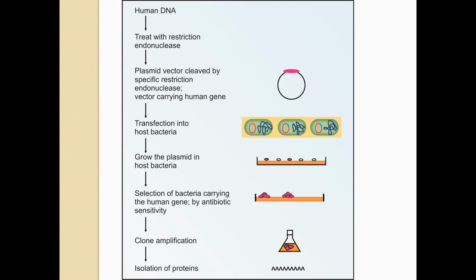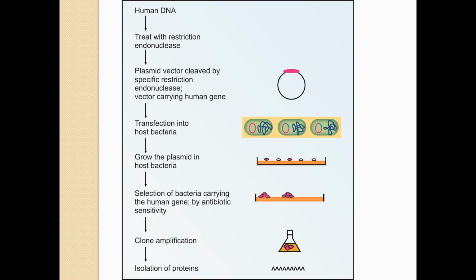Recombinant DNA is also called hybrid DNA, because in nature this type of DNA does not exist, but by certain manipulation we are producing this recombinant or hybrid DNA. Most of the portion is composed of bacterial DNA, and some portion is composed of human DNA. So it is the hybrid DNA, also known as chimeric DNA.